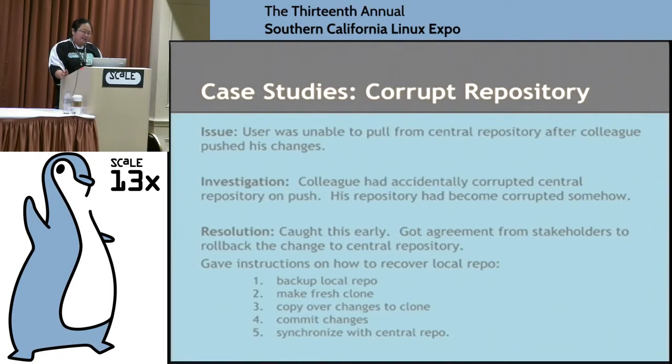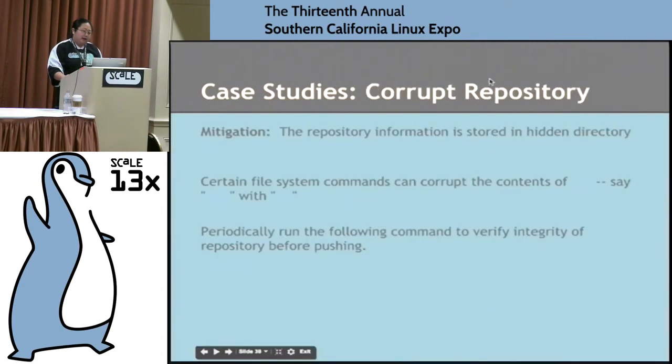And the first thing I did was try to find a workaround so that they could continue with the work. And then when I looked into it, I found out that the repository information is stored in a hidden directory. And I'm sorry that I lost some of the words in there. But basically, I was saying if you do an rm, or a find command with rm, and you have a pattern match, it's very likely that you will have affected some of the files in the hidden directories. And because of that, you've corrupted your repository.